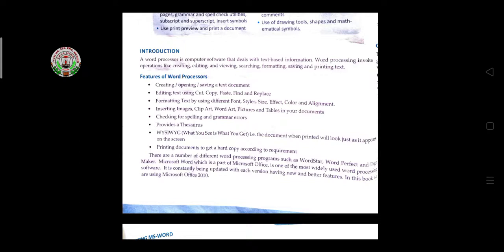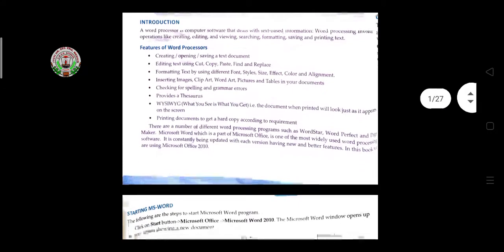Then some features of a word processor are to create, open and save a text, then editing text by cut, copy, paste, find and replace, then formatting text by using different font styles, sizes, effects, color and alignments, then inserting images, clip art, word art, pictures and tables in our document, checking for spelling and grammar errors, and WYSIWYG, what you see is what you get, that is, the document when printed will look just as it appears on the screen, and printing documents to get a hard copy according to the requirement. These are all the features of a word processor.